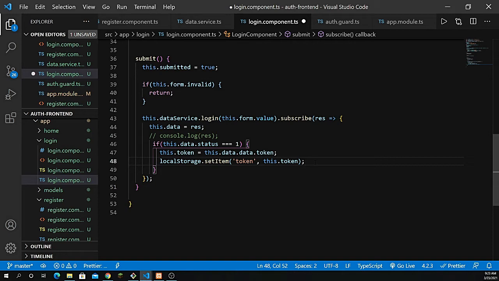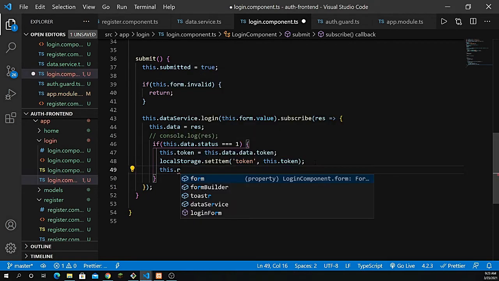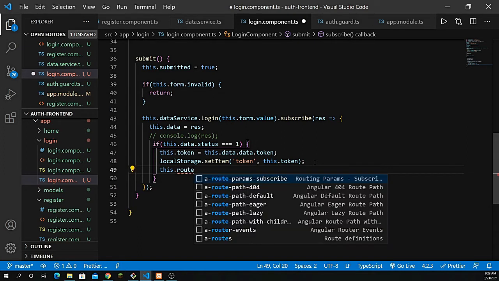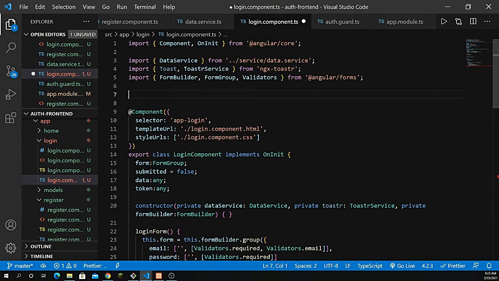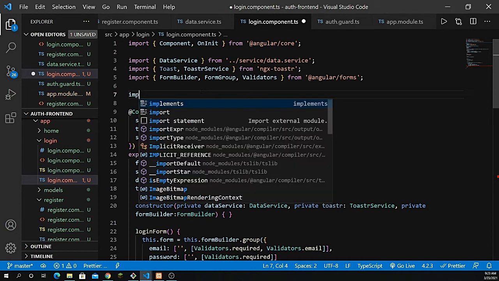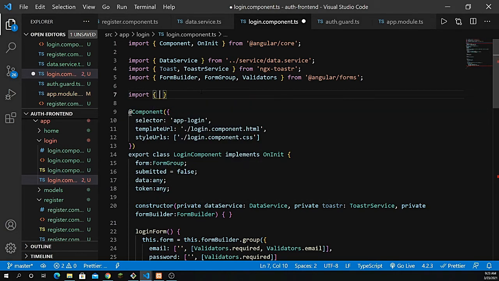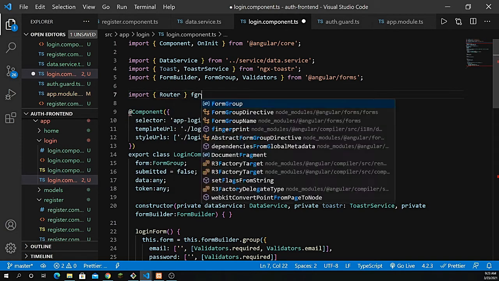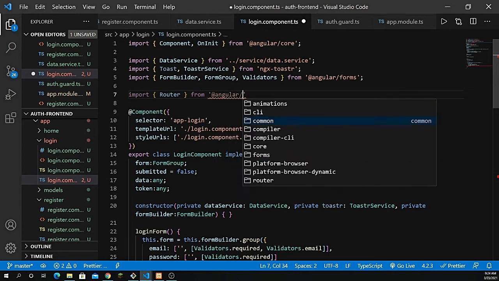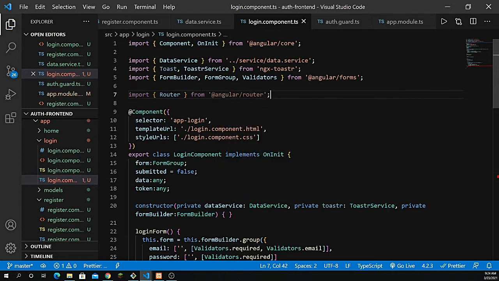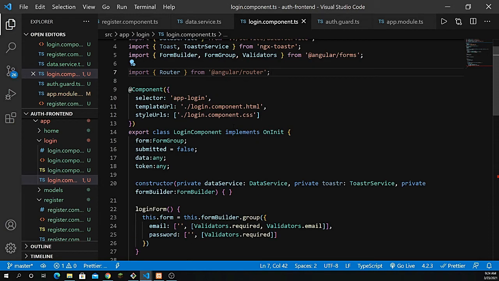And once it's logged in, that means if the user is authenticated, I need to route to the login. So I need to see whether I defined the router or not. So I need to import the router. So let's import Router from the Angular router. So from, and let's define here @angular/router. And I need to define it inside my